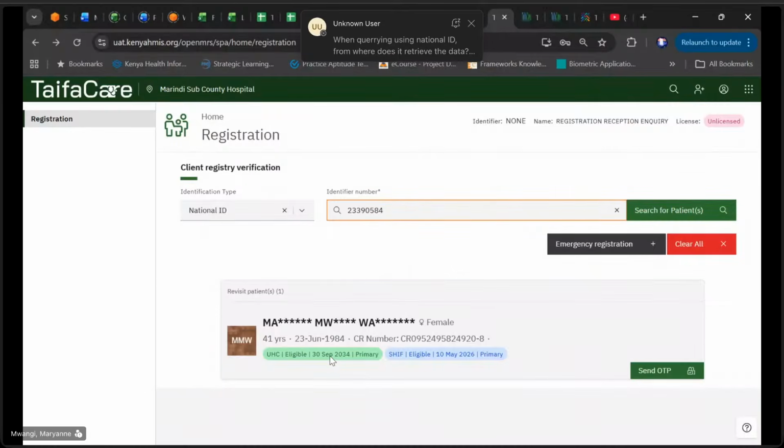If they're eligible and actually active in this particular UHC, then we can tell active to what point and what category of client they are. Are they the primary caregiver? Are they the primary person? And so on. Then for the system now, for us to be able to get consent from this particular client,